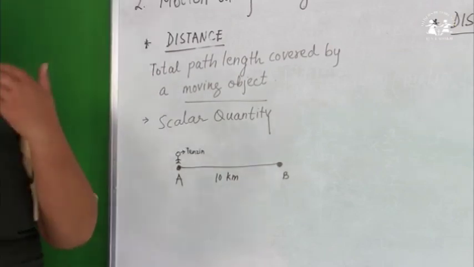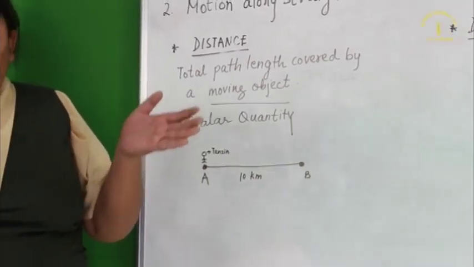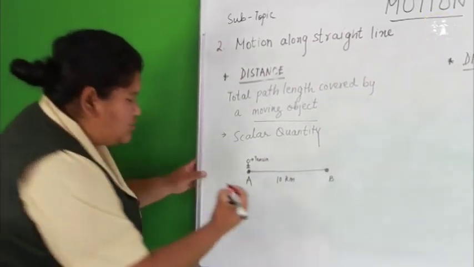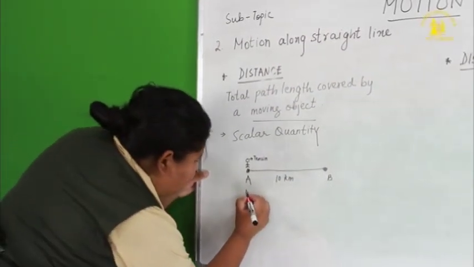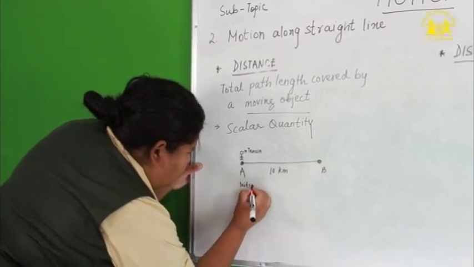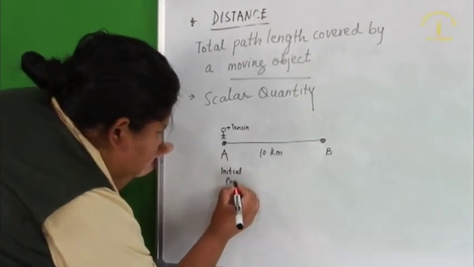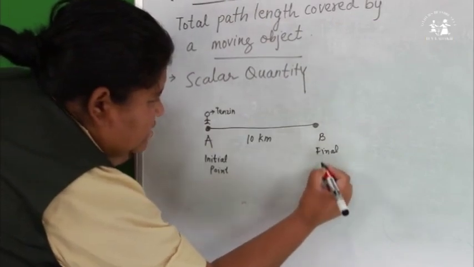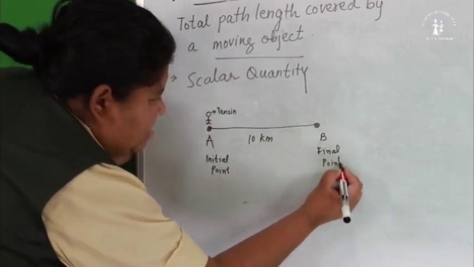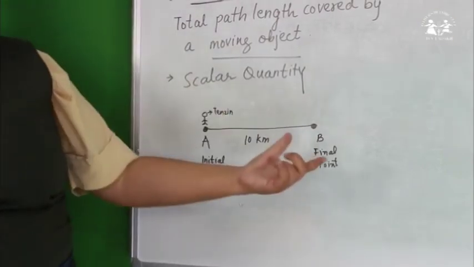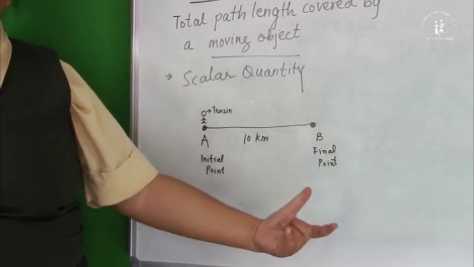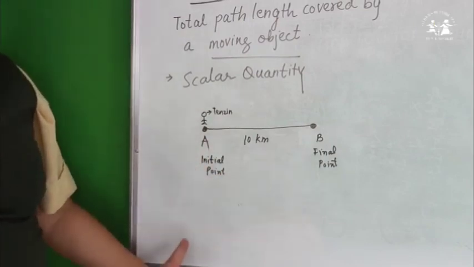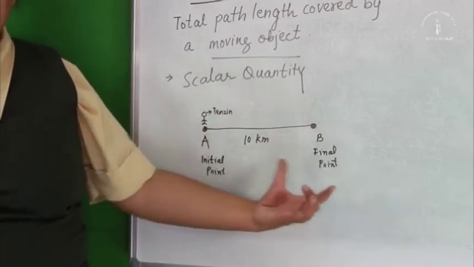When an object moves, there is a place where it starts and a place where it stops. The place where it starts is called the starting point or initial point, and the place where it stops is the final point. In this case Tenzin stopped at point B, so point B becomes his final point, right? So now, considering the initial starting point and the final point,